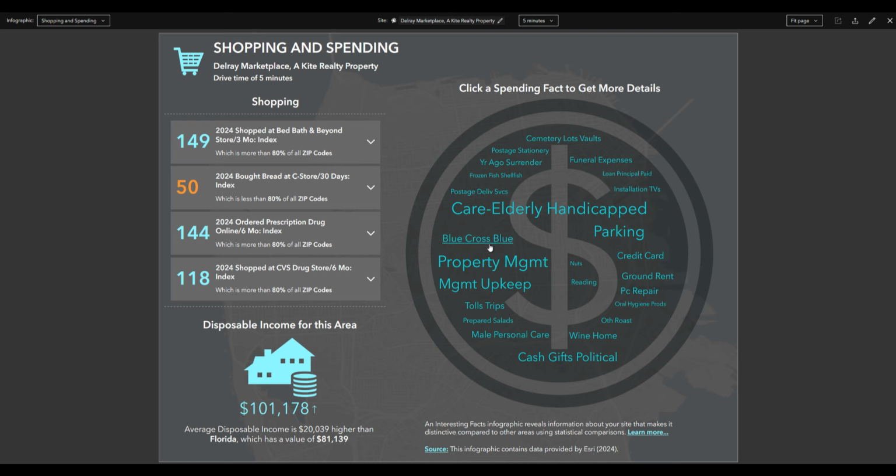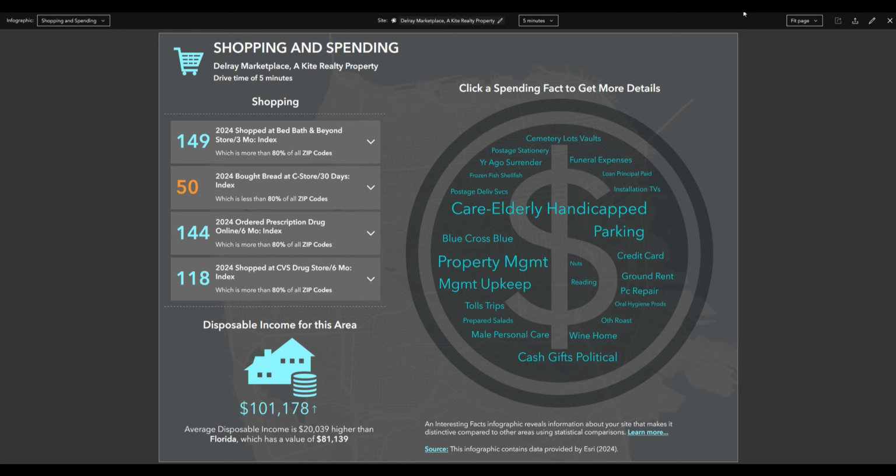And you can get most details on which kind of spending habits people have. It looks like they spend a lot on property management, upkeep, cash gifts, and some other things. Okay. If you want to see maybe they're spending on home centers,